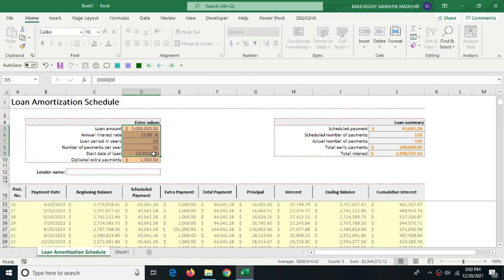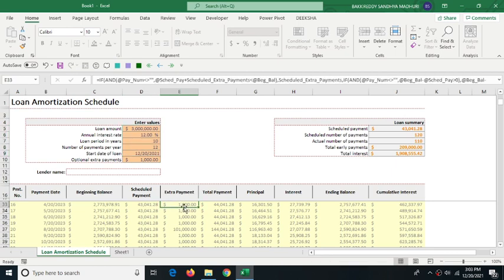Here someone may have a doubt. By default, the currency is given in dollars. If we want to change it, yes, we can change the currency. For example, by right clicking on the sheet, or we can go to